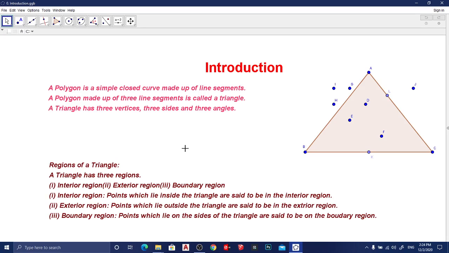So from today onwards we are going to another new chapter, triangle and its properties. Now it is the introduction to that chapter. In the previous classes all of you learned some basic concepts about polygons, which are closed curves, open curves, polygons made by line segments, mainly